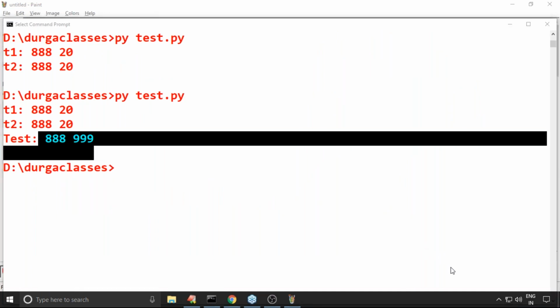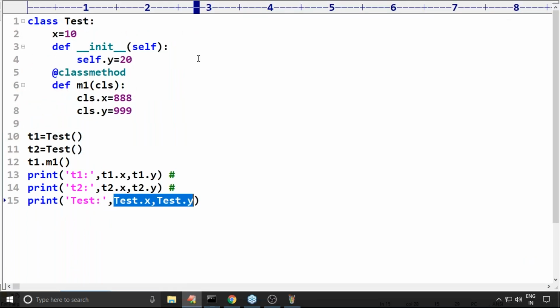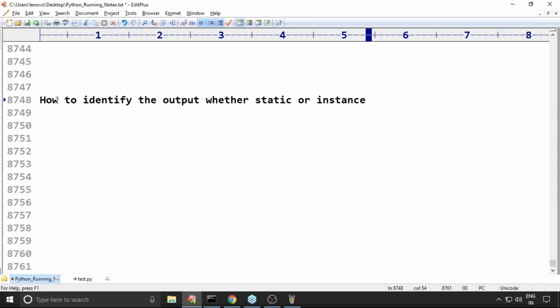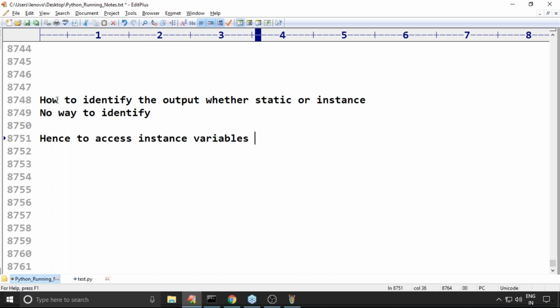Gupta sir is asking a small doubt: how to identify whether the output is static or instance? Excellent. There is no way to identify programmatically, but by tracing we can. Hence, to access instance variables, use an object reference.